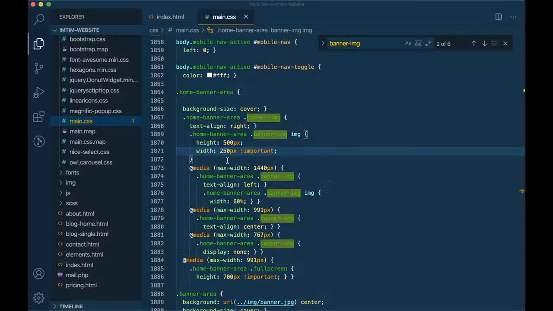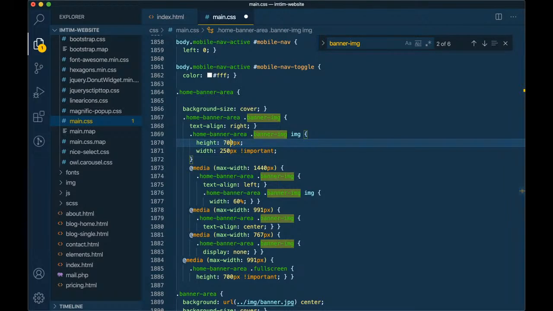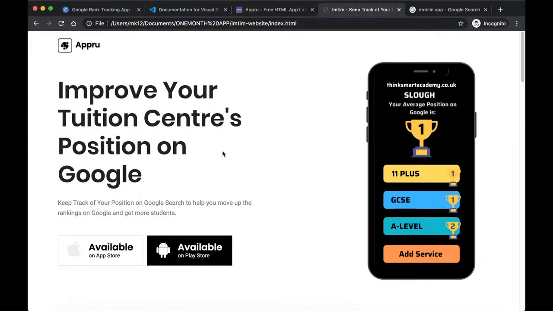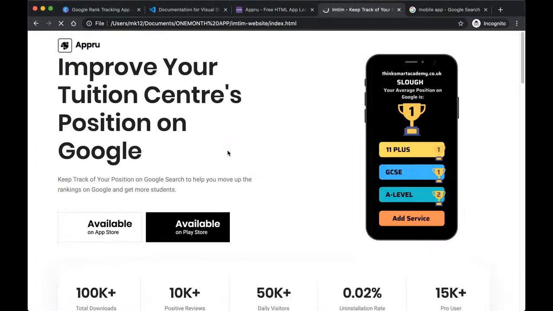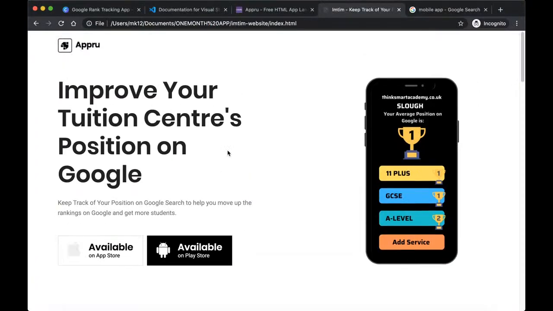And that looks good. Let's just try to see if we can make it a bit bigger. So let's do 700 and 350. Yeah. That's too big. Let's just do 600 and 300. Alright. So, nice. And now let's change this logo so that we can get the main part of the website done. So go back to Canva,